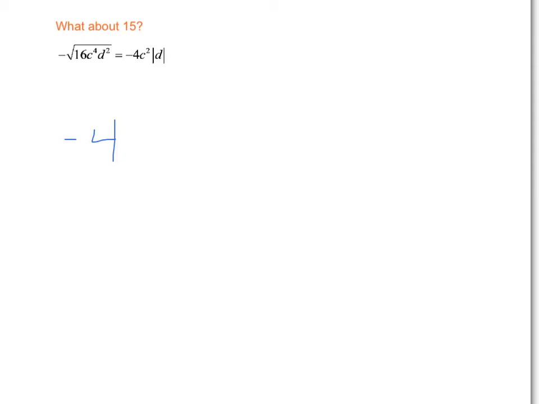The square root of c to the 4th is how many groups of size 2 do we have in c to the 4th? That's c squared. And then how many groups of size 2 do we have in d squared? That's just d. So we would think that would be the answer, but if we look at what happens when